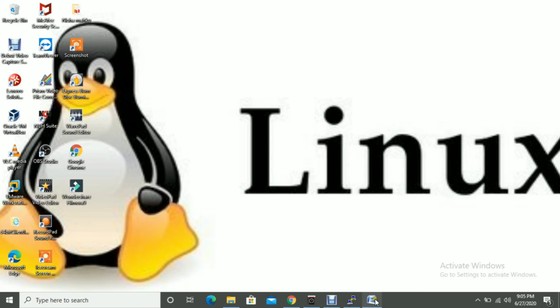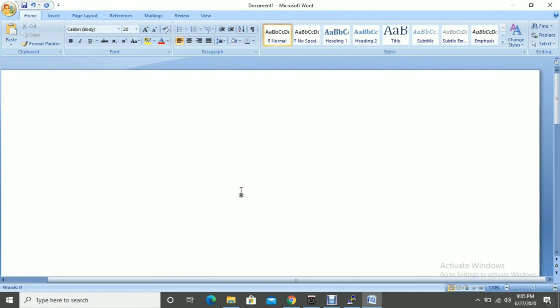Let me show you the syntax first. When you're creating a file in Linux, there are multiple commands. In this video, I'm going to show you the touch and vi commands. When you're using the touch command, it's touch and then your file name.